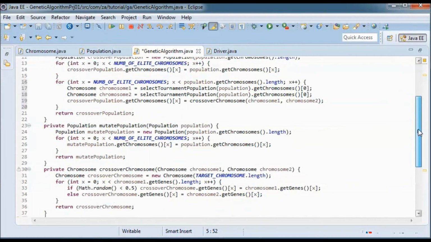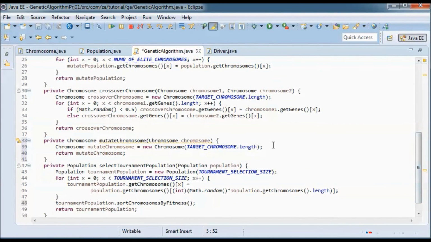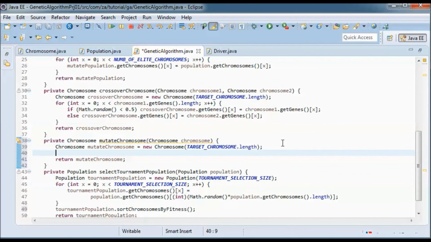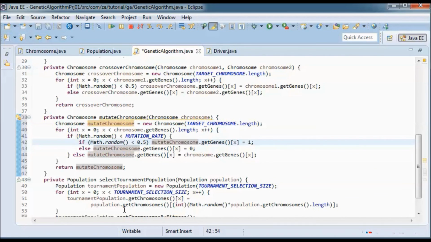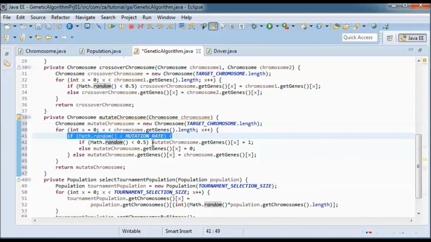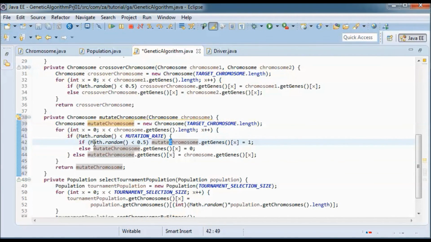So now if we go back to that mutate chromosome method, have this loop, and here I will go over all the genes in the chromosome, and if Math.random is smaller than the mutation rate, in this case 0.25, then we will go ahead and do random mutation.